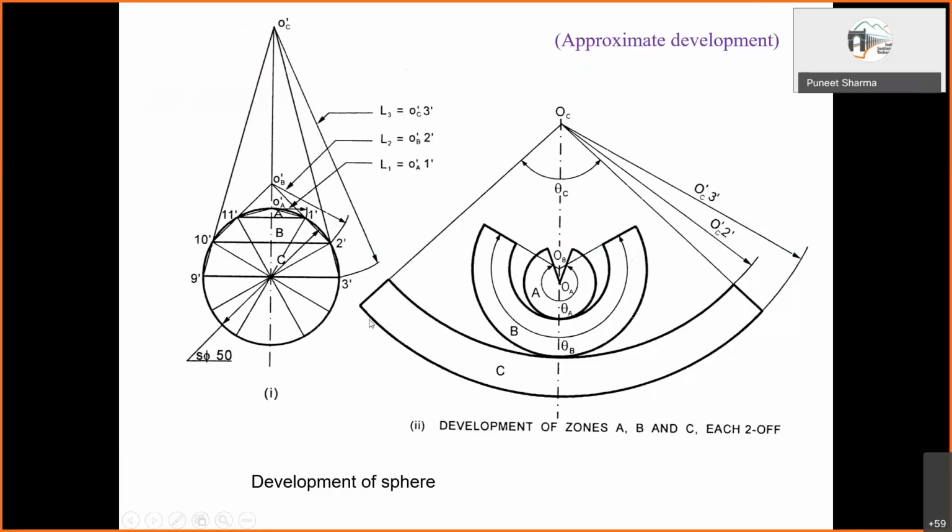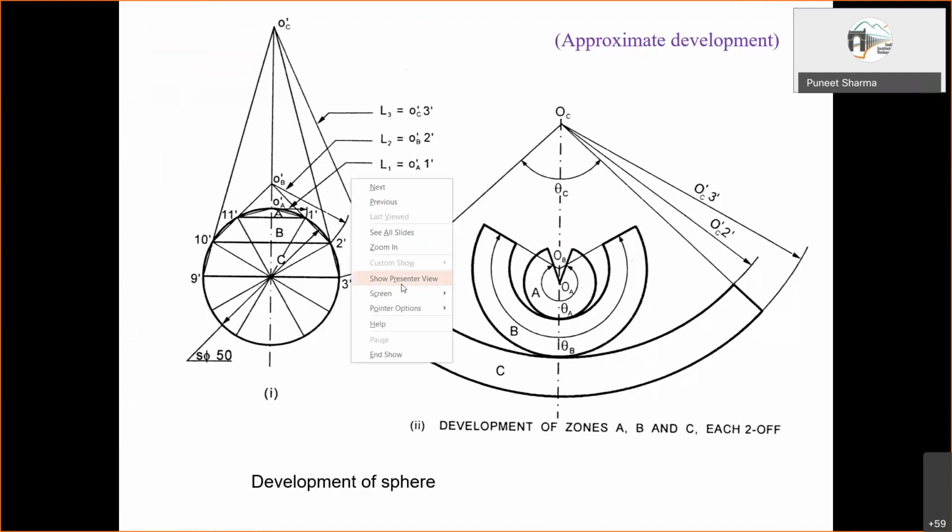What were you saying? Please repeat it. For the distance between OC and OA in the development figure, we have to first take it on the lateral surface, that is O dash C and 3, the projection of O dash A, and then draw it on development.